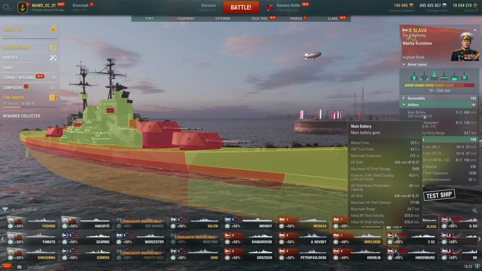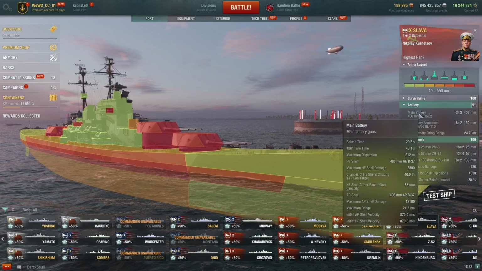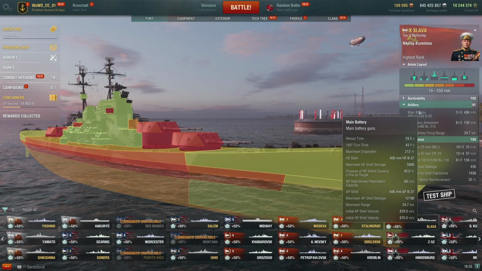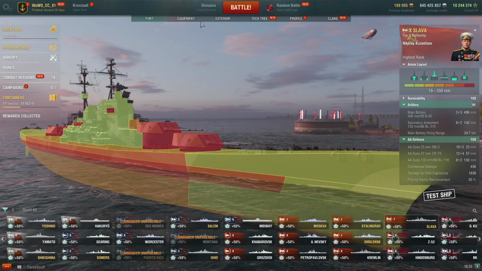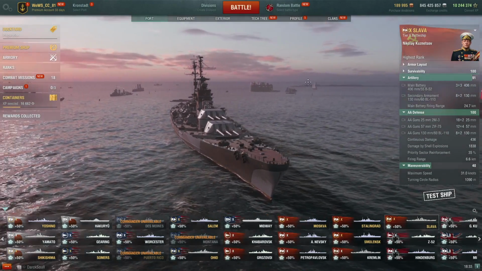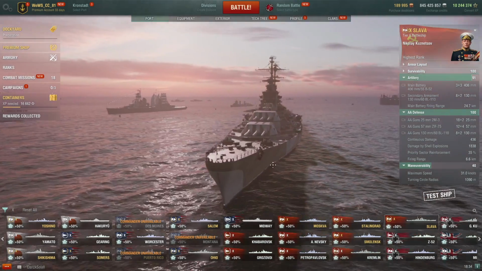And the main battery characteristics you've already seen, 29.5 second reload with the reload upgrade, so it's, I think, 33 seconds without, or something along those lines. Acceptable turret traverse, 12,000 damage with AP shells, and very good range and very good shell characteristics overall. So, Slava is a long-range fighter. It's a ship you wish to engage the enemy at long or medium range from. You don't want to get into too many close-range encounters, but you can,